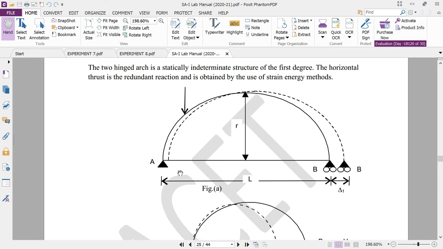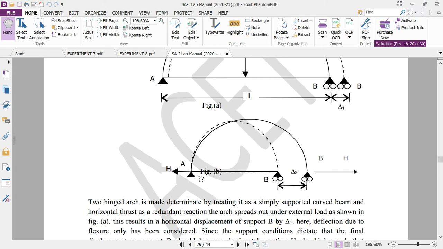One end is, suppose, a hinge and the other end is a roller support. Because of an external loading somewhere on the arch portion, it will be subjected to a shifting in the form of delta. Okay, so the support B from its original position is just displaced to B dash. Okay, and the deformation will be counted in the form of delta 1. Therefore the original length is also going to change. So this is a free body diagram. It will act as a horizontal reaction H, in either way, and delta 2 will be formed.